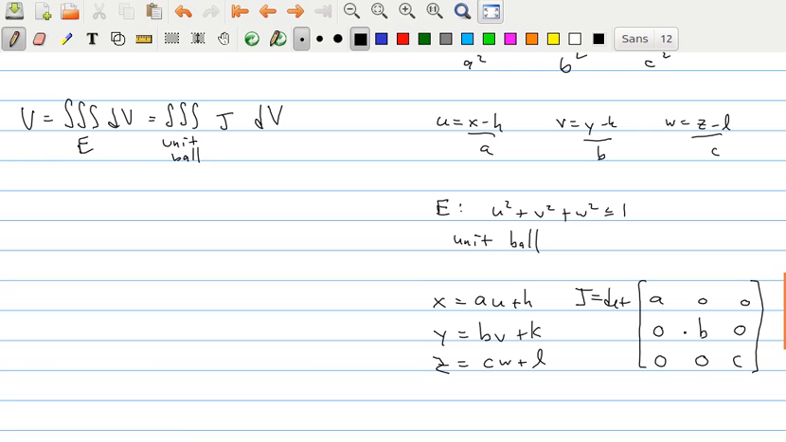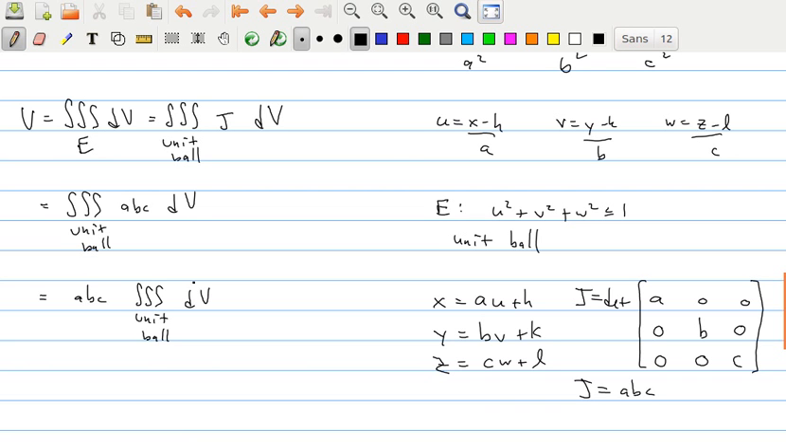This is a triangular matrix. In fact, this is diagonal. So the Jacobian here is just going to be the product of the diagonals, which is abc. So that gives us the triple integral over the unit ball of the Jacobian abc times dV. Now, a, b, and c are all constants. They were the lengths of the semi-axes. So this constant you can bring right out of the integral, times the triple integral over the unit ball